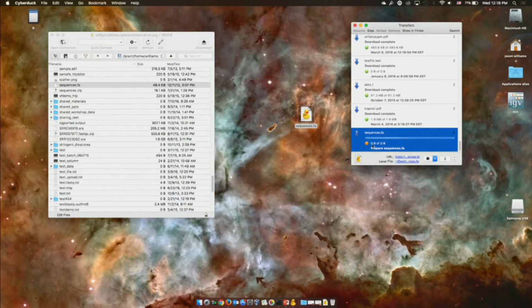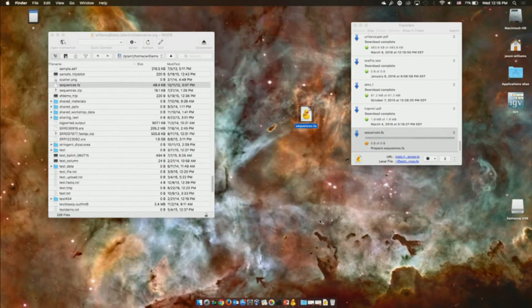It'll take a few seconds to start, but then it'll start moving, and we would expect somewhere around the order of 30 minutes for 100 gigabytes to do that upload on a decent connection. The same way, if I wanted to take a file and move it into the CyVerse